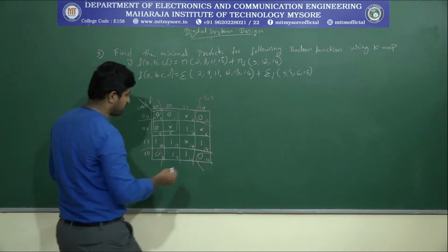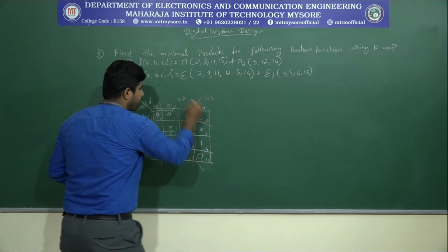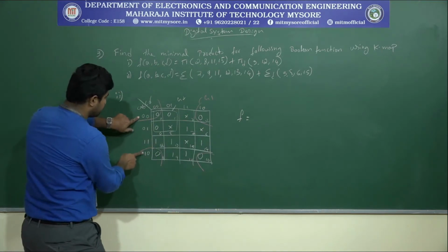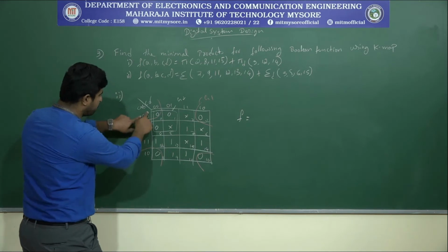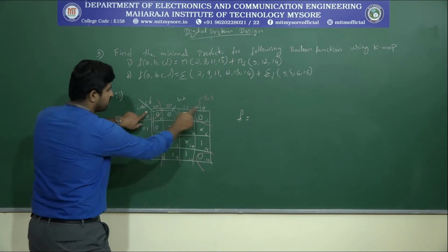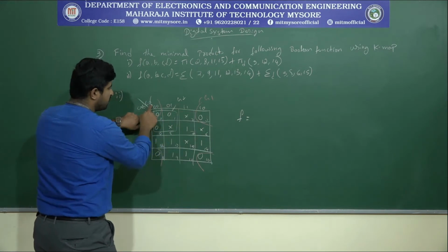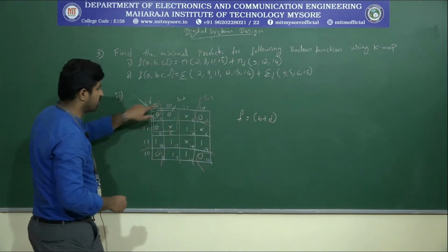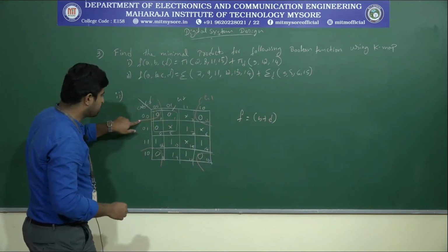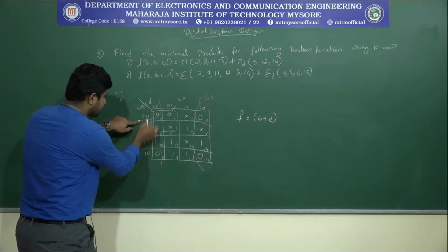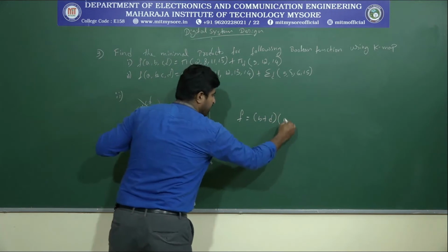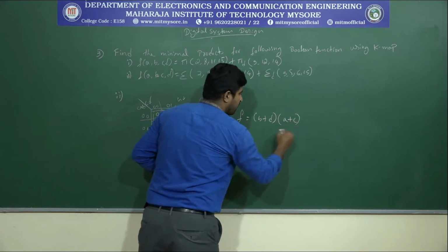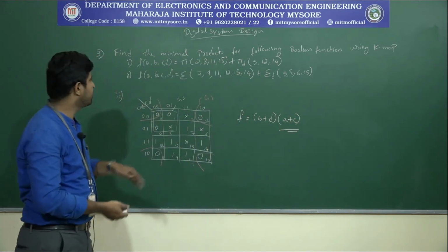So the simplified equation will be, and I will name this as group 2. So F equals to G1. So this equals to these two will come. So that means the change-over variable is A. So only B equals to 0. Then here in these two, 0 0 1 0, C will be 0. So corresponding to this, B plus D. So for group 2, this is the cell 0 1 4 5 cells. So this corresponds to A equals to 0. So A will come next, here 0 1. So C, so A plus C, and this is the simplified equation for the second problem.